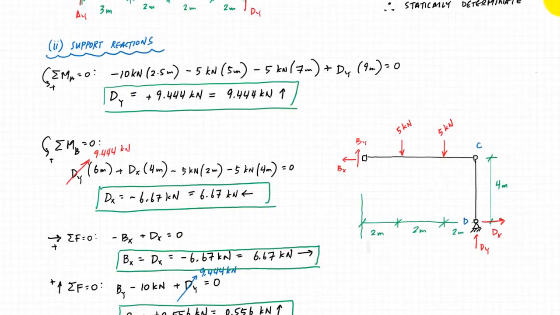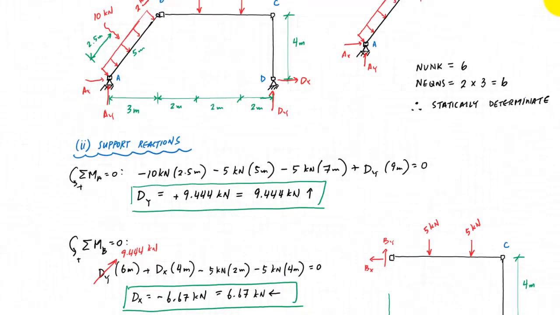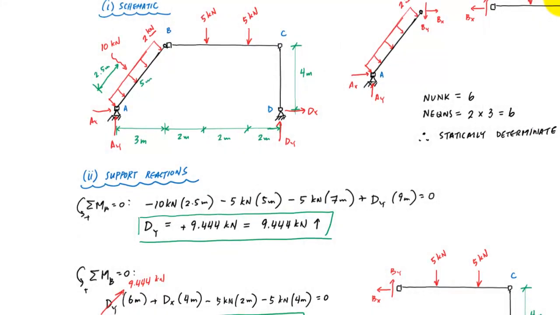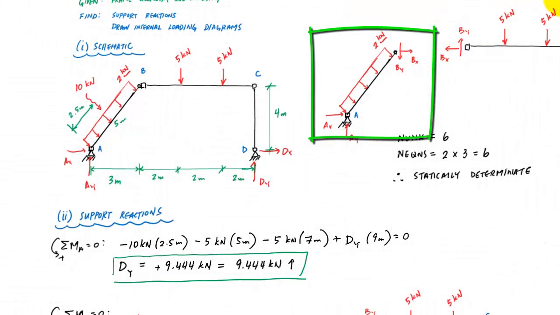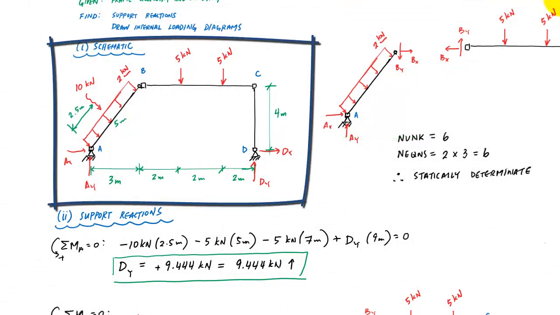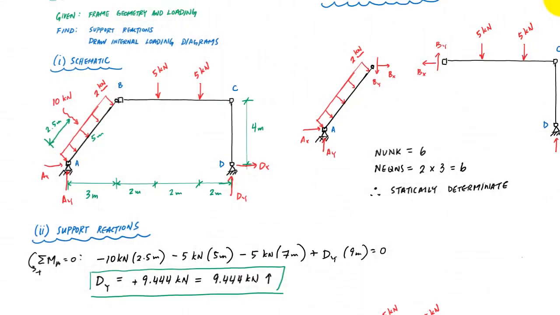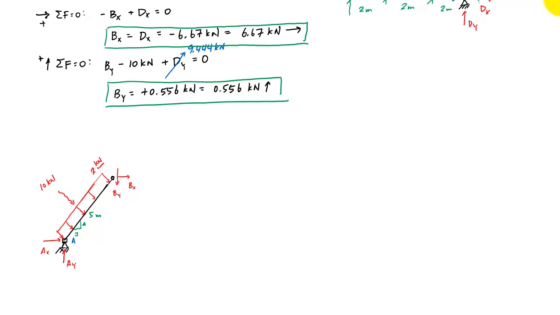Last but not least, I've got plenty of choices here. I know dx and dy. I could use this drawing right here to determine ax and ay, or I could go back to this whole drawing here and sum the forces in the vertical and horizontal to get ax and ay. It's up to you. It's your own choice. It's your own adventure. Here, I will choose this side of the drawing, the left side of my separated diagram. And I can just sum forces in the horizontal and vertical direction and get ax and ay directly